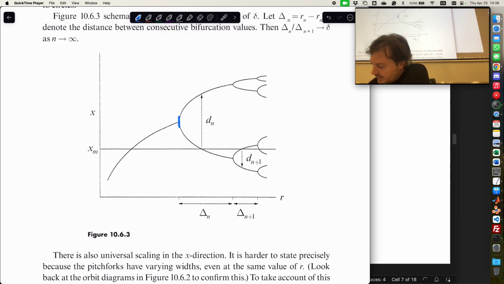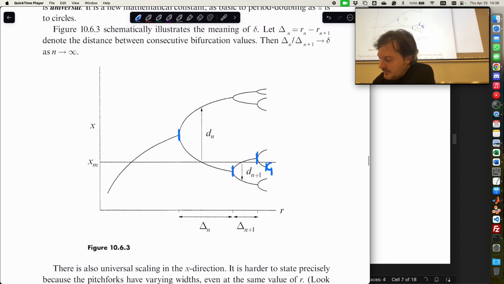The next bifurcation is here, the next bifurcation is here, the next one is here, and they get closer and closer, right? So Feigenbaum realized that if you take these distances, like between the first bifurcation and the second bifurcation,